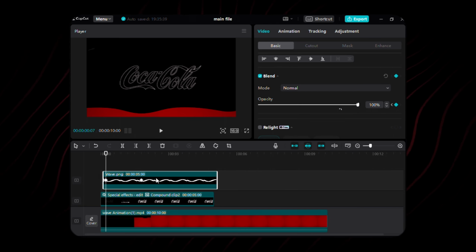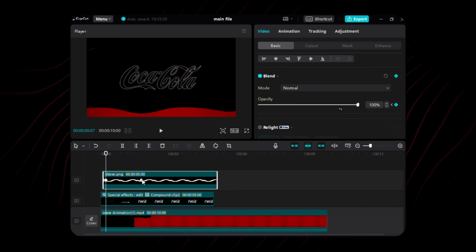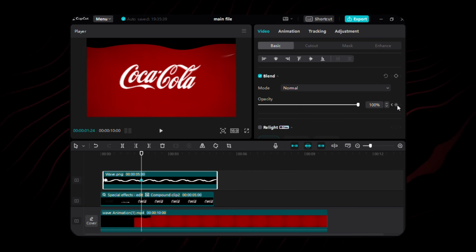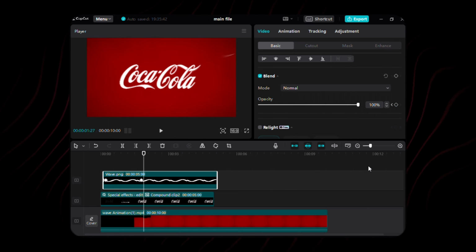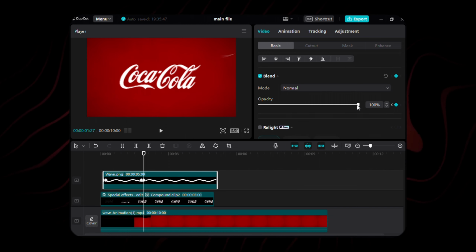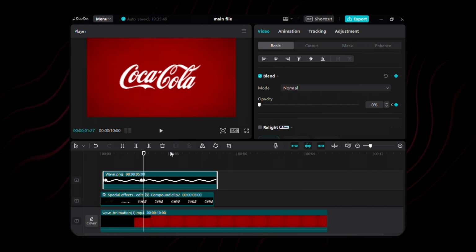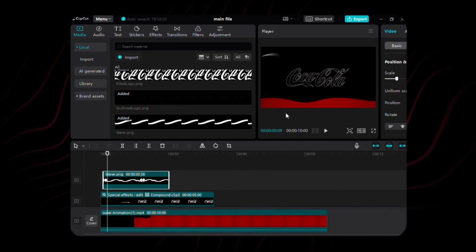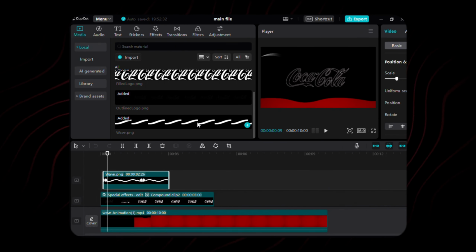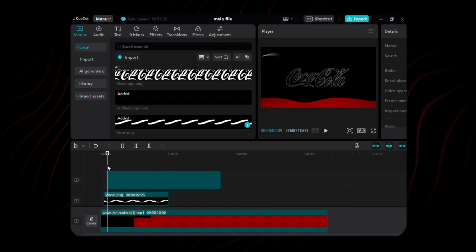Then, move 47 frames forward from the second keyframe, mark the third keyframe here with the opacity value at a steady 100%. For the final touch, advance 3 frames forward, place the fourth keyframe with opacity to 0 and extend it until 3 seconds. Let's bring in the wave once more onto the timeline, precisely at 0.99 seconds, setting its Y